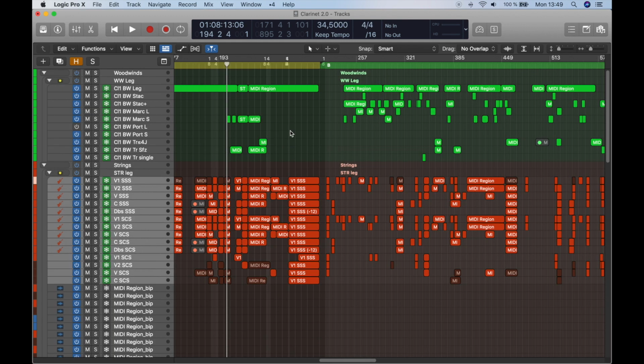Now, apart from adjusting these parameters to taste, there are a few things you can do in order to improve the realism of your mockup. The first thing is choosing as many libraries by the same manufacturer as possible, especially if they've been recorded in the same room. These will make it easier for you to blend them and mix them, which will also speed